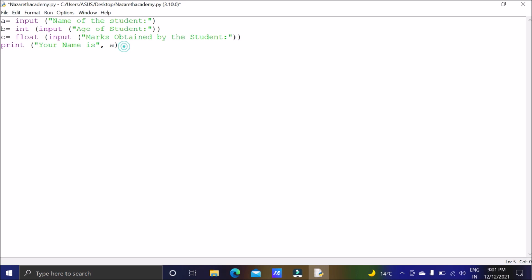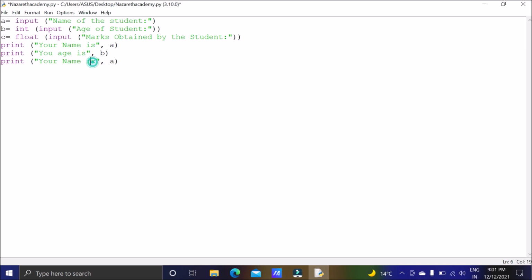Now you do not need to write the code again and again, we can copy paste also. Control plus c for copy, or control plus v for paste. So print we have used, instead of a it will be b, and here we have to write the age of the students. I can write your age is b. Whatever age will be given by the user will be saved like this.